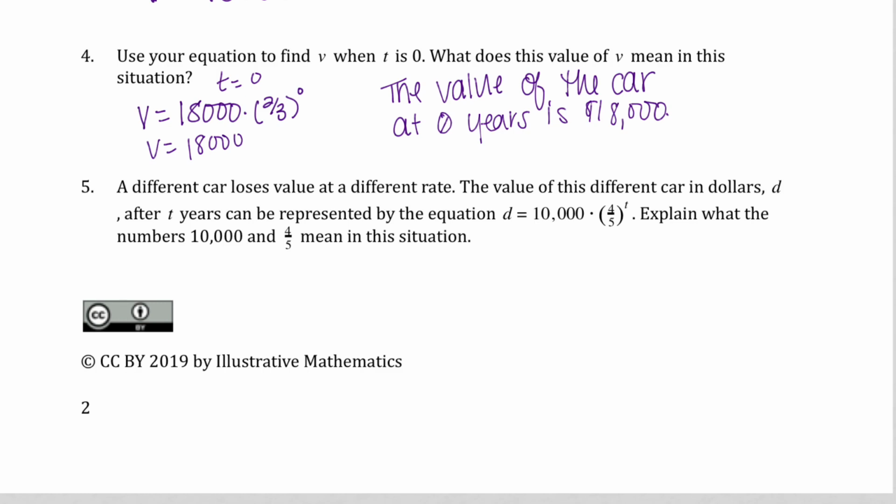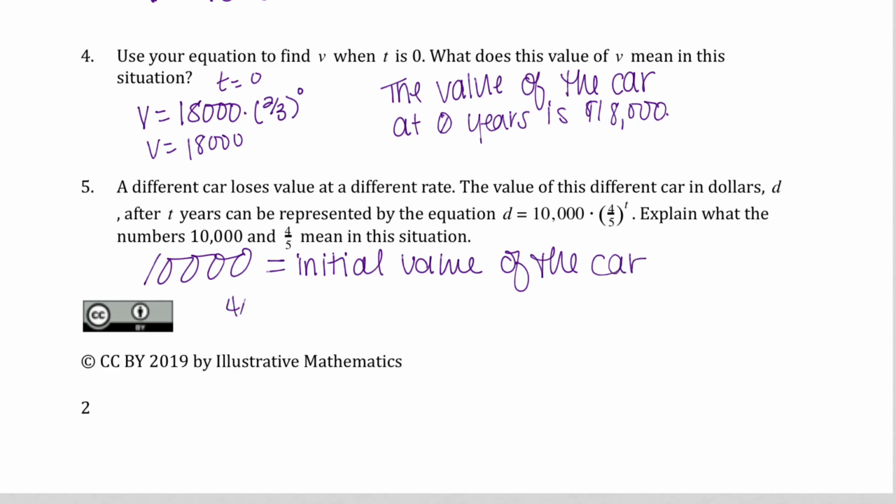So what does 10,000 mean? How much it's worth? It's going to be the initial cost of the car. Okay. The initial value. So the 4/5, what does that tell you? Not the years. What happened whenever we multiplied by 2/3 up there? What did it do to the value of the car? Down. Went down. So 4/5 is the rate